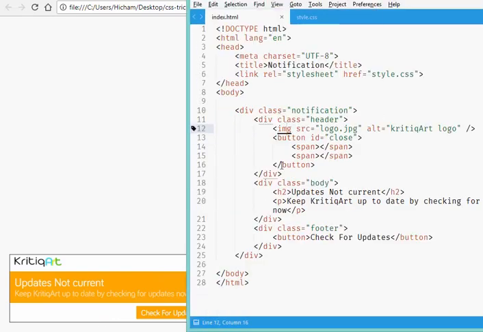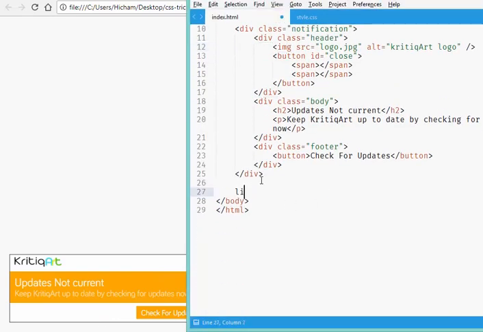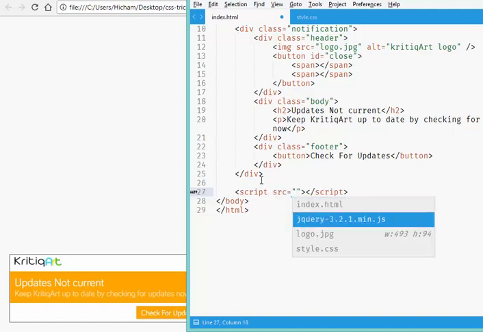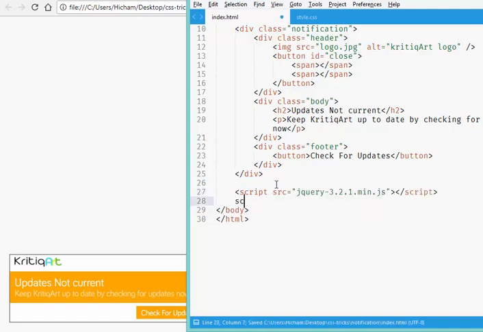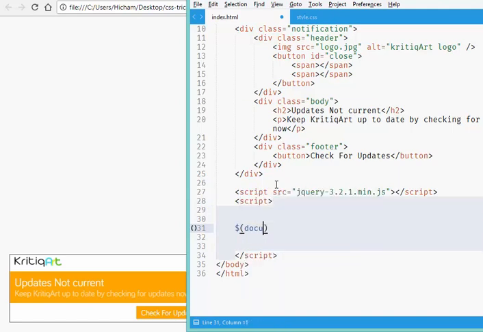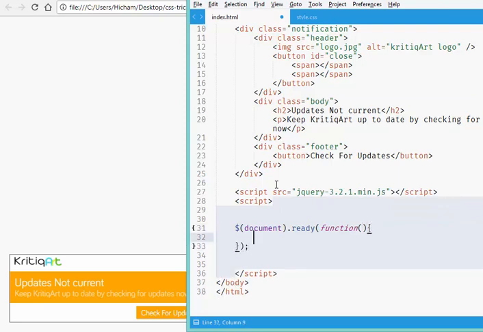First thing first, we need to link to our script, which is jQuery here, script src jQuery. Also a script. The first thing I'm going to do is wait for the document to be ready, and after that a callback function which will contain what happens when I click on the class button. So that's what I'm going to select. When I click on the class button,